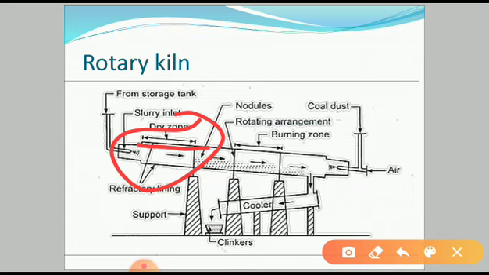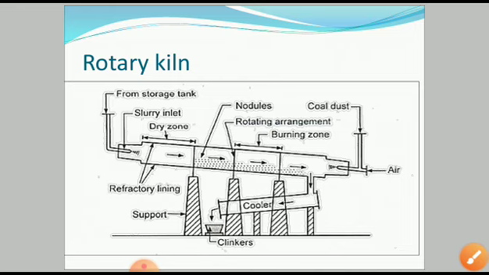So first of all, this corrected slurry is sprayed onto the upper end of the rotary kiln against hot, heavy hanging chains. The rotary kiln is an important component of a cement factory. It is a thick steel cylinder of diameter anything from 3 to 8 meters, lined with refractory materials and mounted on roller bearings.